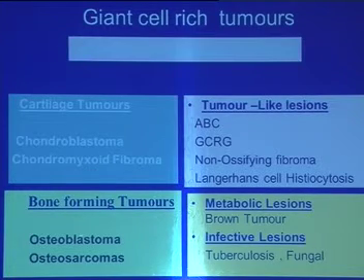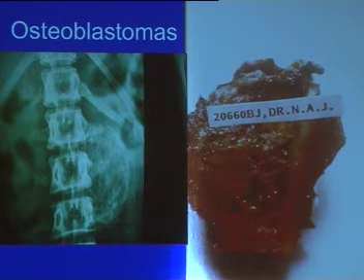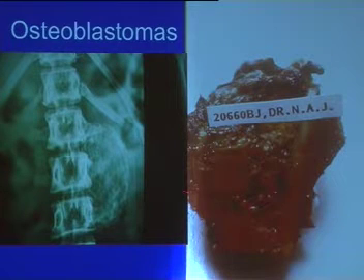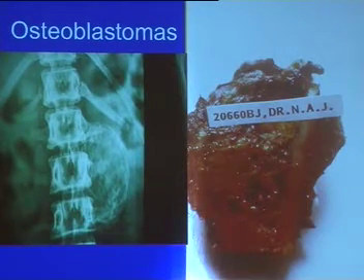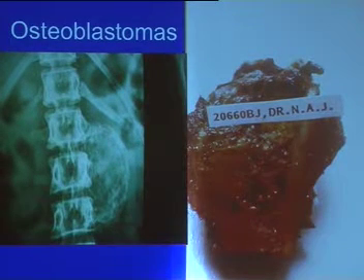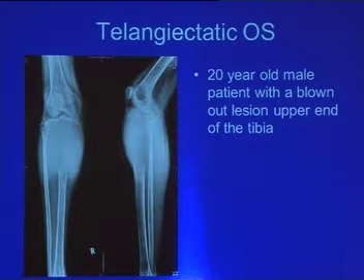Now coming to the bone forming tumors, which again we saw yesterday. These are two examples of osteoblastoma, one in the vertebra, and this is a resected specimen of an osteoblastoma. In addition to the cellular tumor, there are a lot of cavernous spaces, and osteoblastoma is another lesion which can be associated with an ABC-like component. This is the histology, with large thin septae and cavernous spaces. But if you look at the walls of this, one can identify the true osteoblastoma. I think we saw examples of that yesterday.